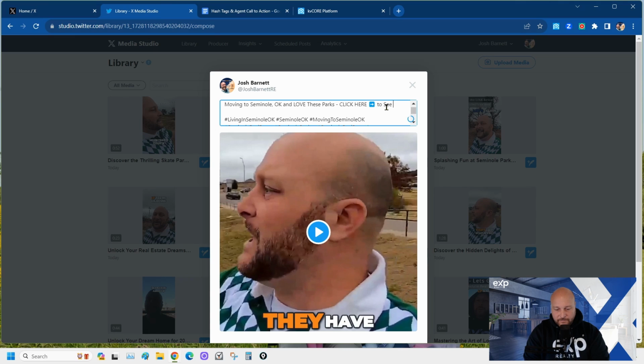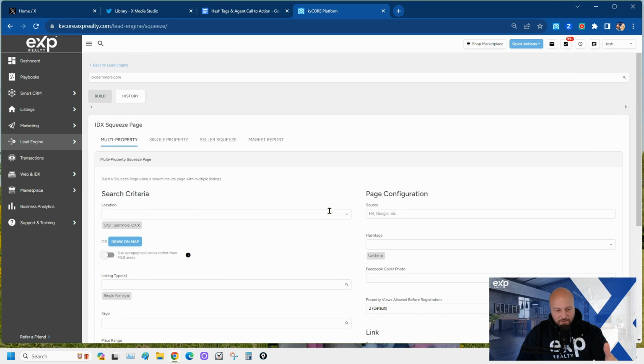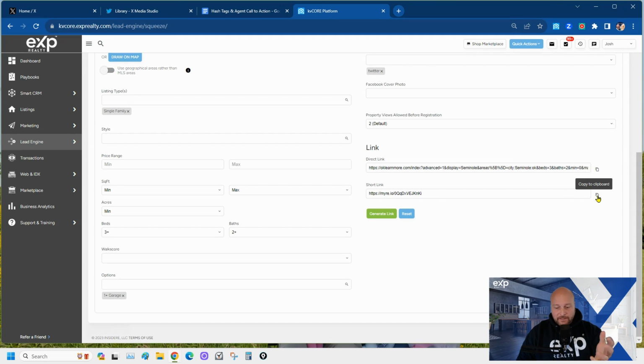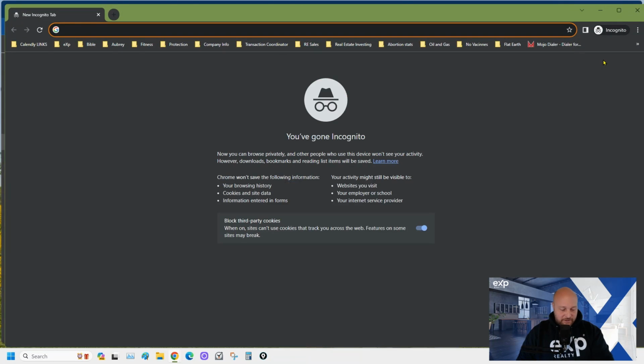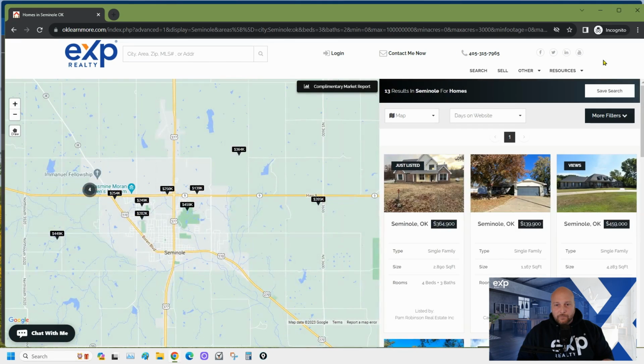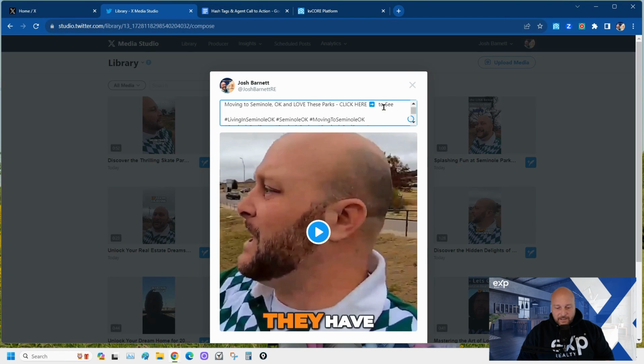to see. Click here, and then I went over to my KVCore and I built a quick, what is it called, IDX squeeze page. I built a quick IDX squeeze page right here about Seminole, so I'm just going to copy it to my clipboard, and of course always double check that the squeeze page you build with your KVCore website actually works. Okay, perfect. That one works. So then I go back over here, click here, arrow, drop the link